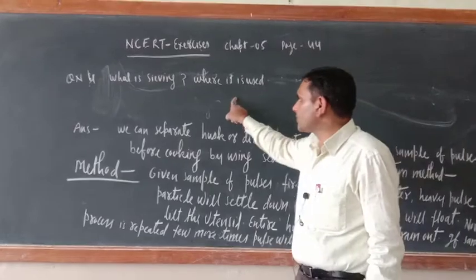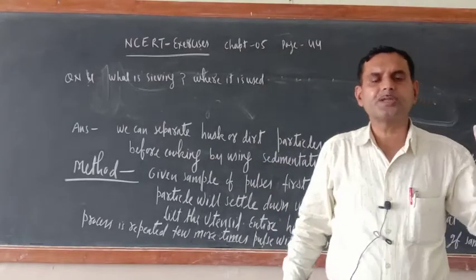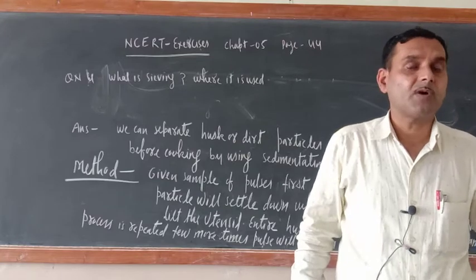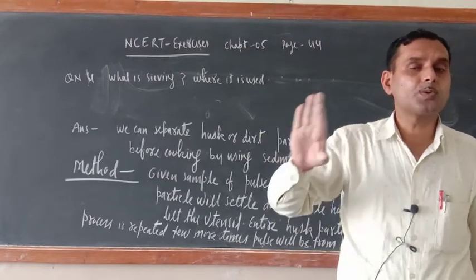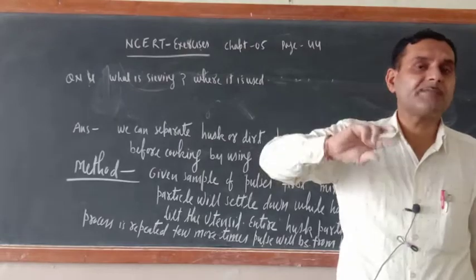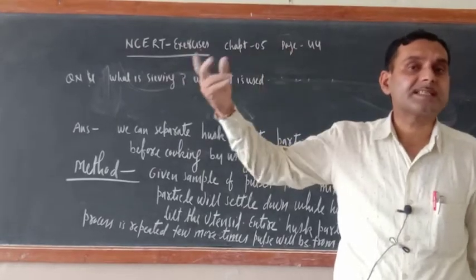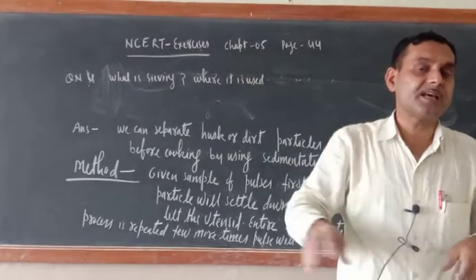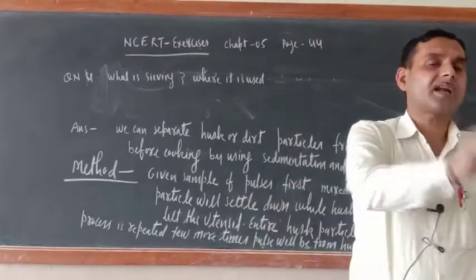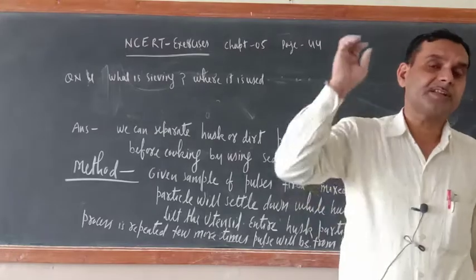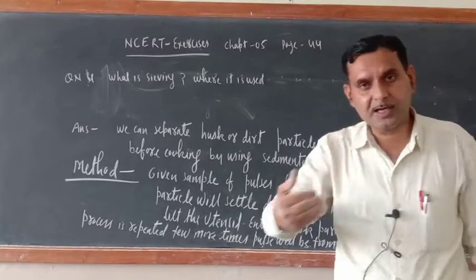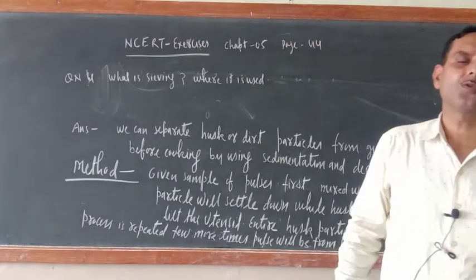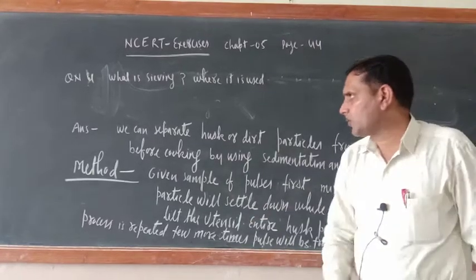And where is it used? It is basically used in the flour mill. Second, at the construction site, they want to separate pebbles and stones from sand. So at the construction site there is a big sieve, and they throw the entire sand upon it. When they throw, bigger particles stay on this side, and very fine particles, that is sand, pass through it. So I hope that you can write this one.